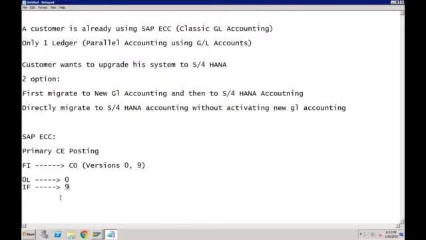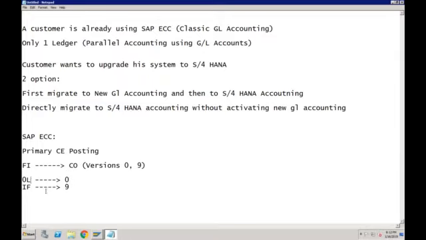Okay, so this particular thing again was not available in SAP ECC. In SAP ECC, this was default and there was no configuration to do this. It was by default in the system. Only leading ledger 0L was posting the values to CO version 0, and there was no other version which was taking the values from FI.